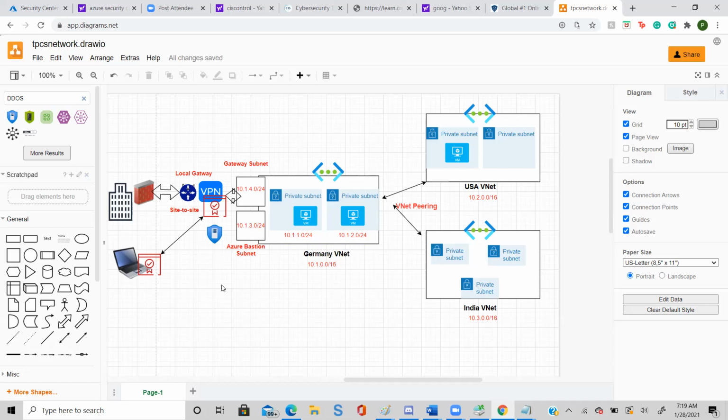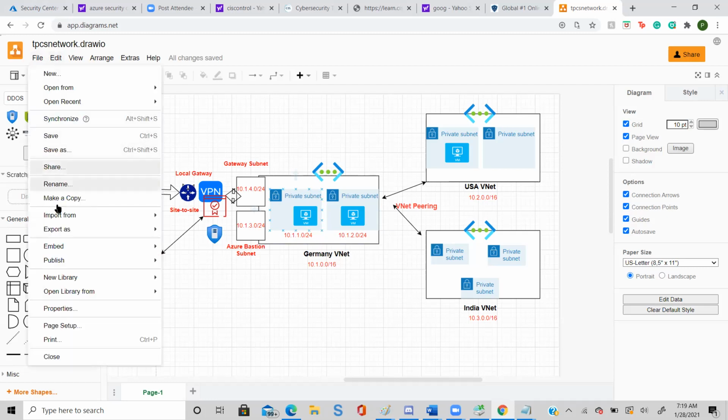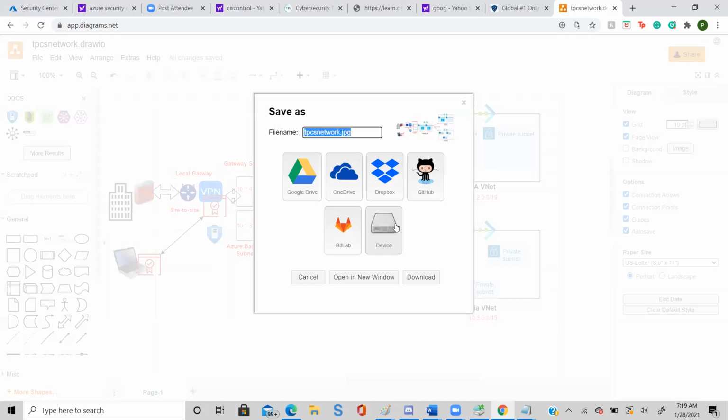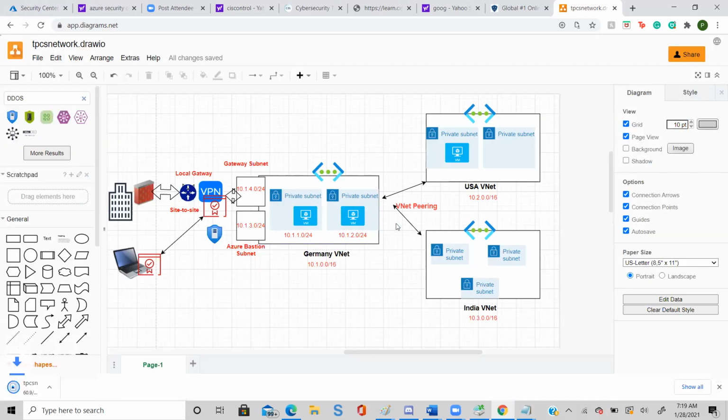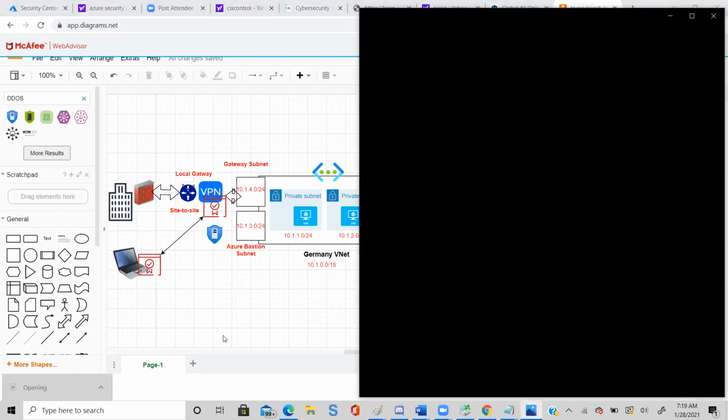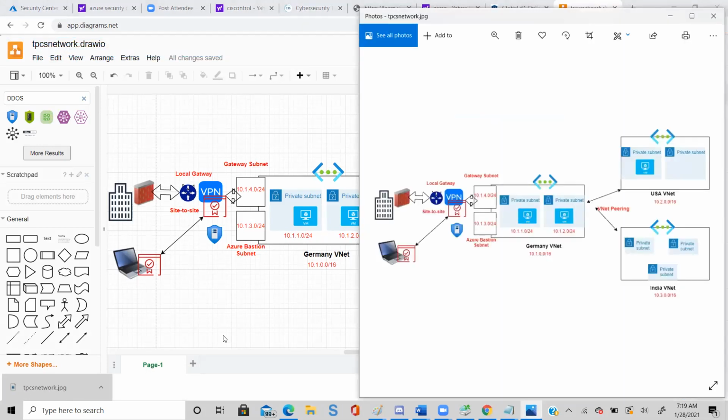So what we are going to do now is go to File, choose Export as, and select JPEG. Just click Export now. The whole thing has been exported. Now you see that you have a diagram exported, right?